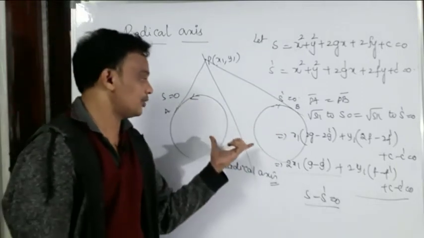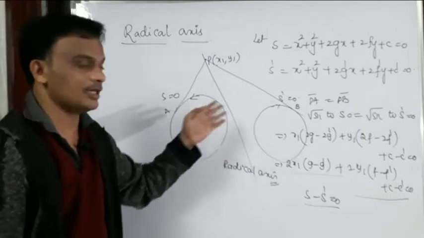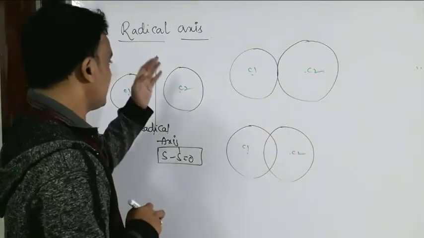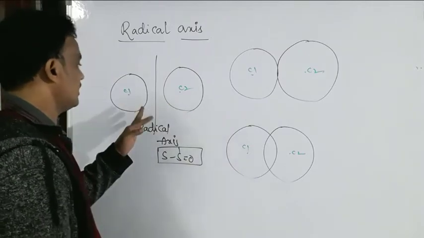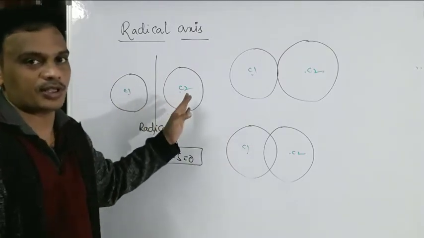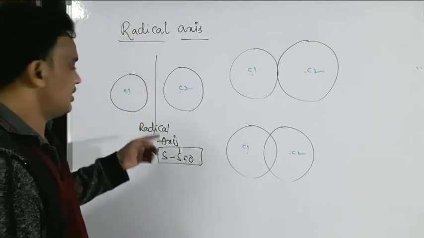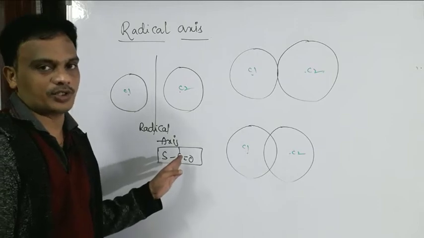Okay, so let us see what the radical axis of the two circles is in different cases, depending on the position of the circles. Yes, come on, let us see. Let us see the radical axis in the different cases. When the two circles are exterior to each other, this will be the radical axis, right or not? We can get that radical axis by S minus S dash equals 0.